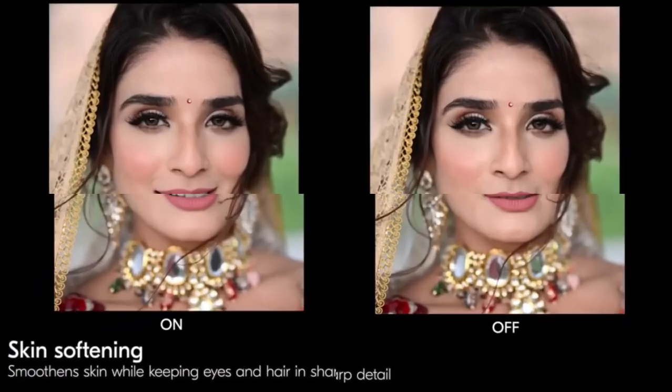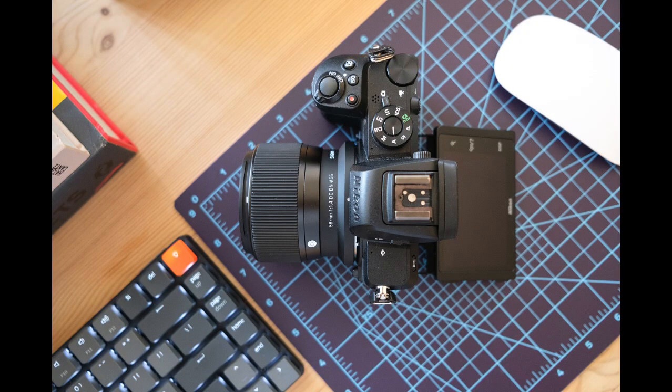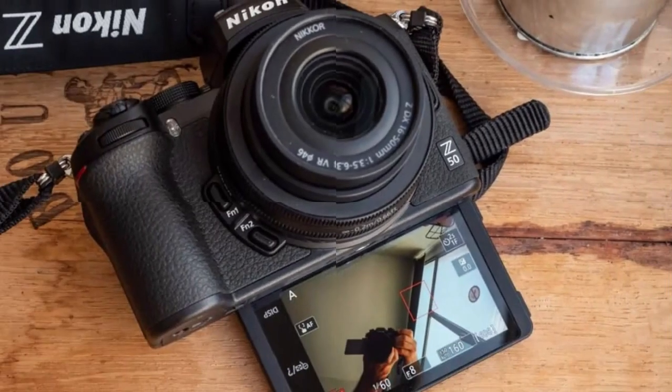What's next for Nikon? Looking beyond the Z8 II, Nikon's commitment to innovation and quality is evident. As the camera industry continues to evolve,